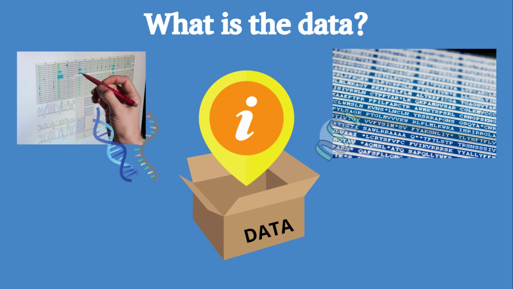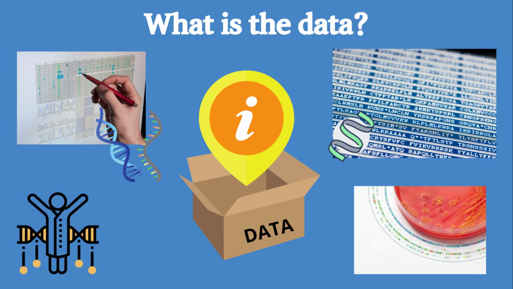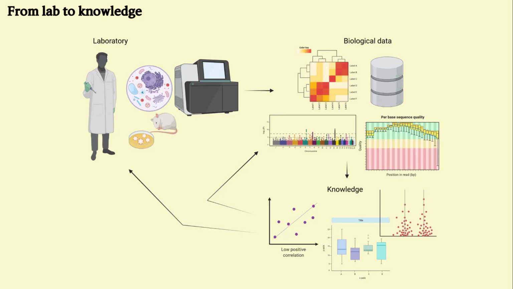We have talked a lot about data, but what are they? Data is like a box of information. This information can be about the nature of a DNA or RNA or protein sequence, or it can be positional information of the sequence in exam, and much more. Biological data are produced in the laboratory and are self-produced in a cyclical way. In fact, the analysis of biological data produces more secondary data and gives more knowledge to use in the laboratory